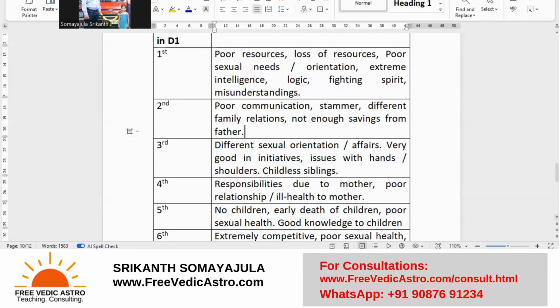So what happens is, if you don't look at it from 4 or 5 angles, and if you're trying to judge it from just one thing and say, look, okay, sir has said Ashwini Pada 3 is an affair, so please don't jump and say, oh, he's got an affair. No, it cannot be possible like that. With one placement, you cannot judge anything. If an affair has to happen, there will be at least 10 things influencing it. You cannot have an affair with just one planet. Okay, believe me, it won't happen.